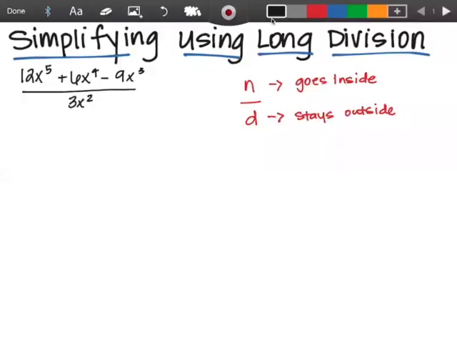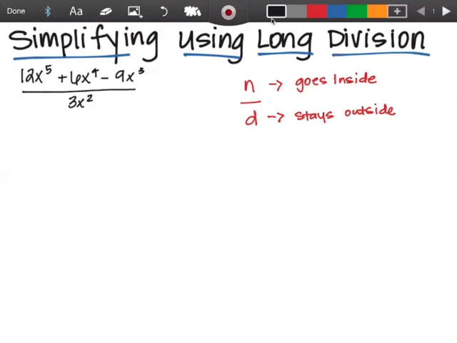All right, so today we are simplifying using long division. With polynomials and using division, it's quite similar to how you do long division with just constant numbers. One thing I want you guys to remember is that we have the numerator over the denominator. When we're setting up our division, the numerator goes inside of the little house or the half house, and the